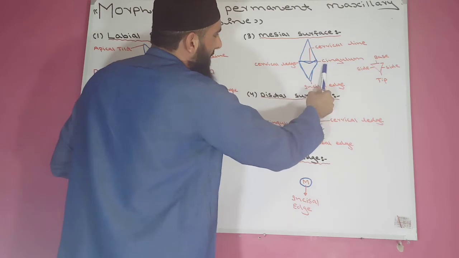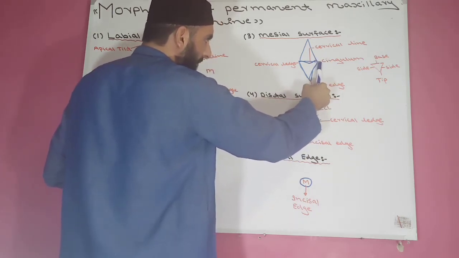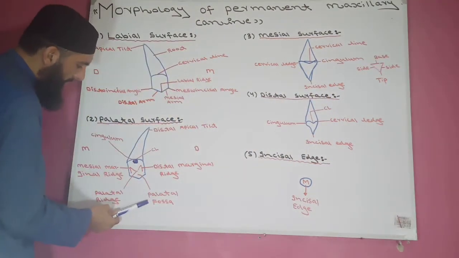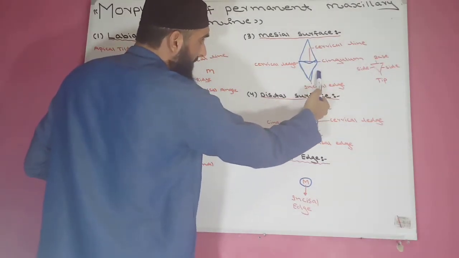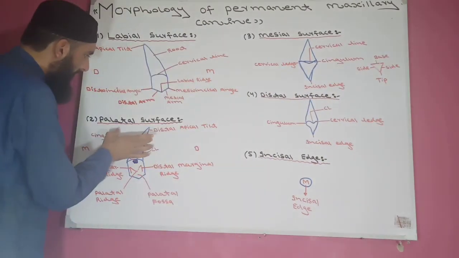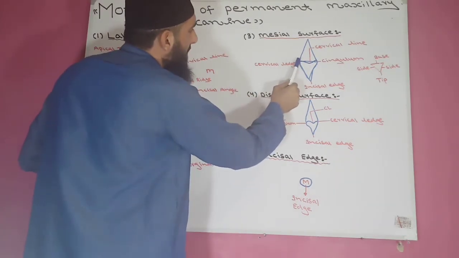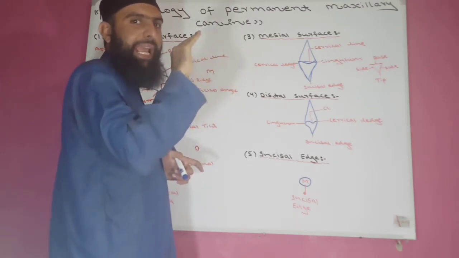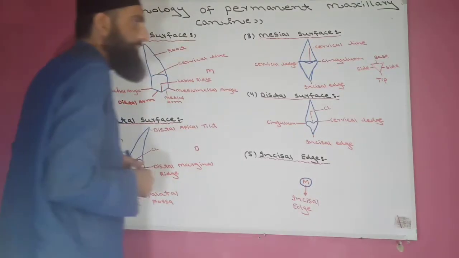And on the palatal surface there is a cingulum, which is a bony elevation, and a depression, which is the palatal fossa. This is the palatal surface, palatal fossa, cingulum. Same here. One side is formed by the palatal surface, which has the cingulum and palatal fossa, and the surface opposite to palatal is the labial surface, and the labial surface in the cervical region has an elevation, a concavity. This concavity is known as the cervical ledge.